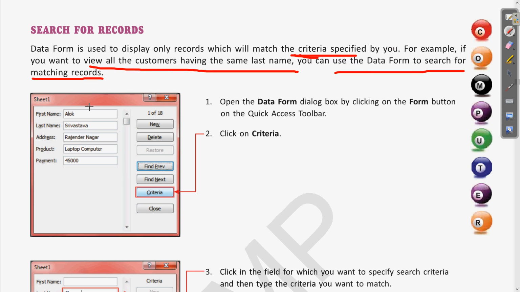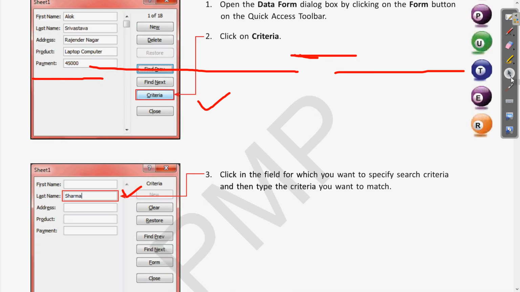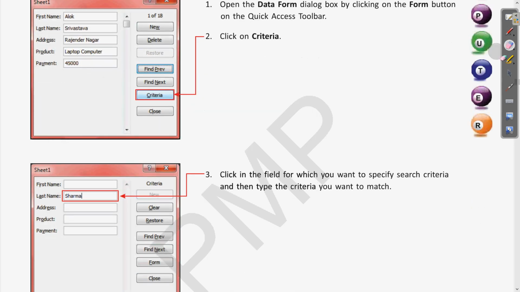Clear? So in all of these values, if you want to search for records having the same last name, what we have to do is open the data form again. The first step is to open the data form from the quick access toolbar, then click on the criteria button. Here is the criteria button. When you click on it, it will open a new blank sheet where all the labels are there but the values are blank.